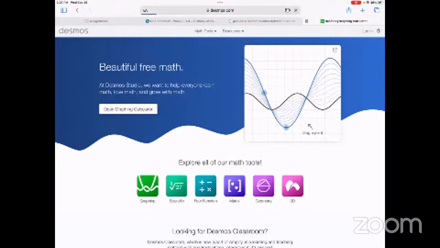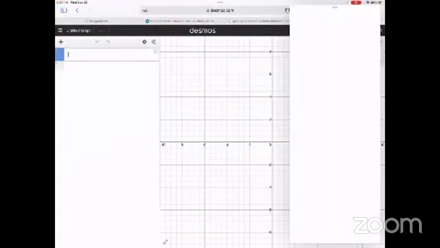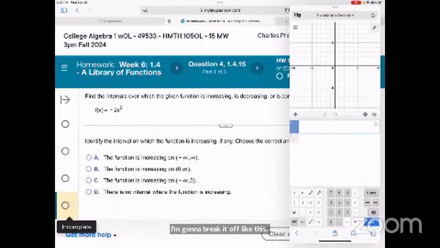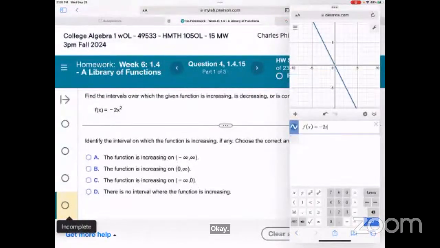I'm just going to type it as I see it. We can get it working. There it is. Okay, so f of x equals negative 2x squared. So if this is our image,